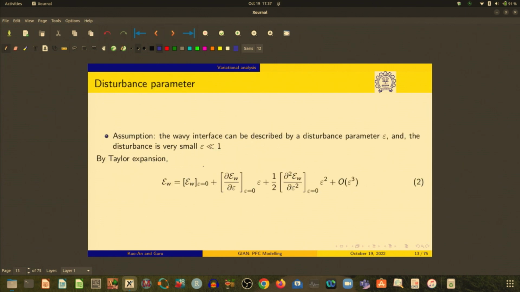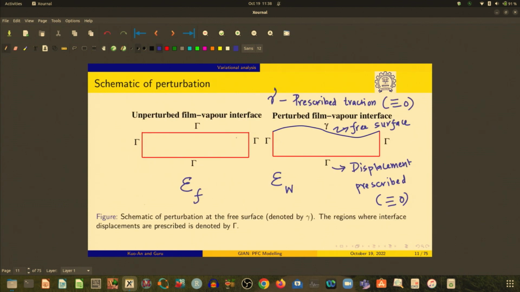We can prove this by first asking, what do I mean by the small disturbance? I assume that this gamma that you had can be described by a parameter called disturbance parameter epsilon. For those of you who have done variation, this is like the variation, and I will also demand, as you can see that there are portions of the interface, for example, at this point and at this point,